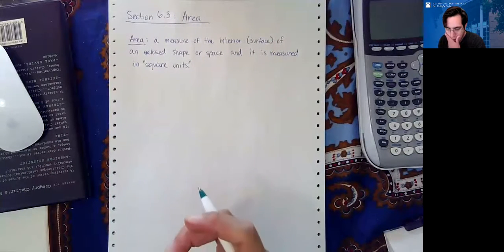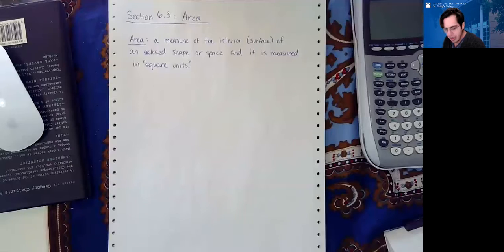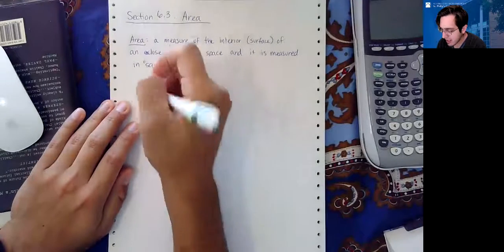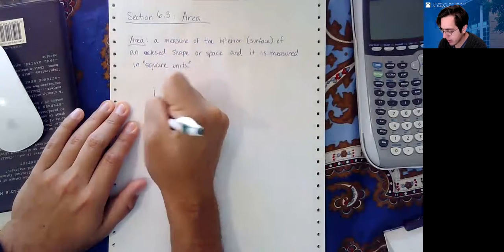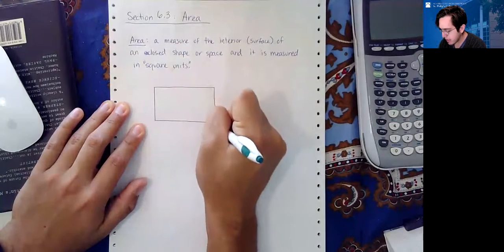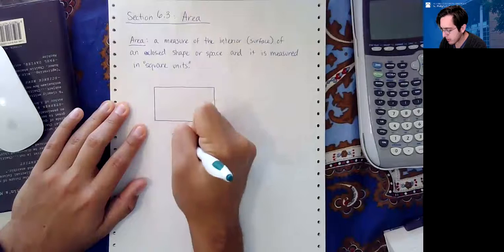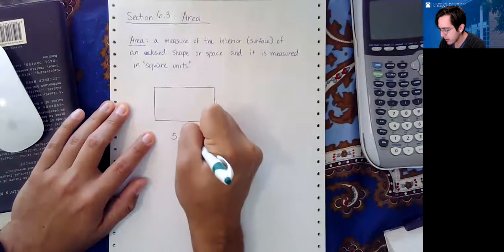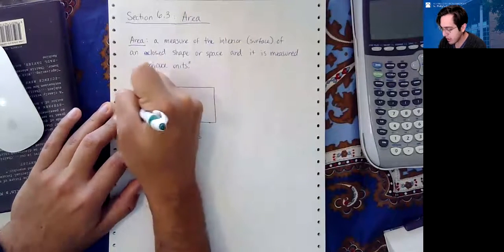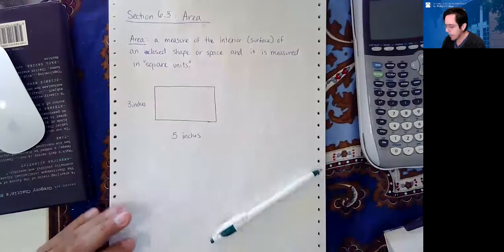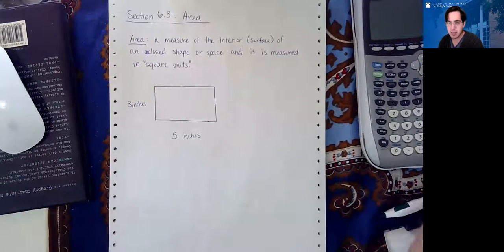So we can think about area as square units because, let's say, for example, I had a rectangle. And that rectangle had units of measure. The length and the width were 5 inches on this side and 3 inches on the other side. Okay. What I could do fundamentally, and this might be something that you might have seen when we talk about